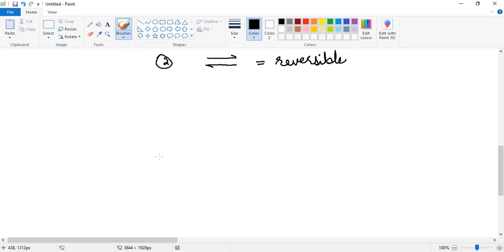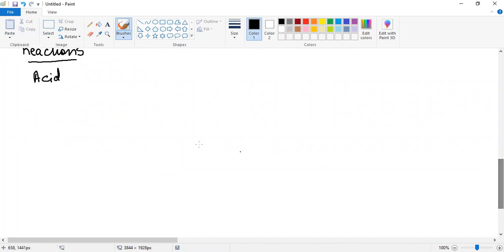Next, we are going to start with the typical reactions. So in this topic, we are specifically going to discuss the reactions of acids. Acids give plenty of reactions, and the topmost among them are the reactions with metals, with bases,